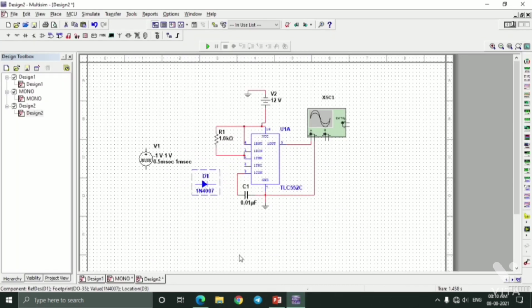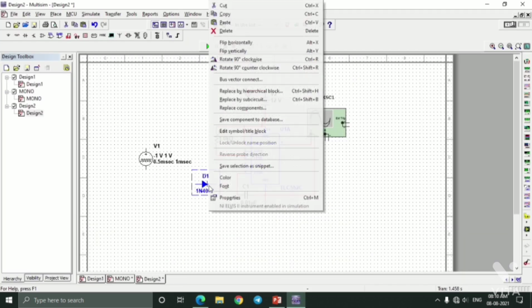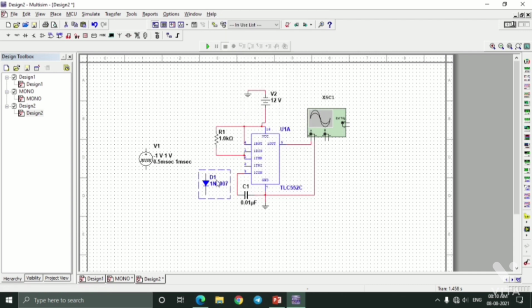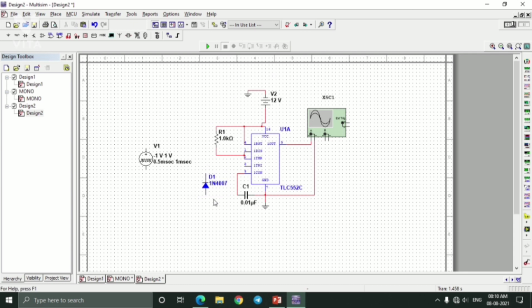You need to rotate it. Keep in mind that the negative terminal is connected to the plus VCC and the positive terminal is connected to the pin 7 TRL. Rotate this. Place it in parallel with the resistor.